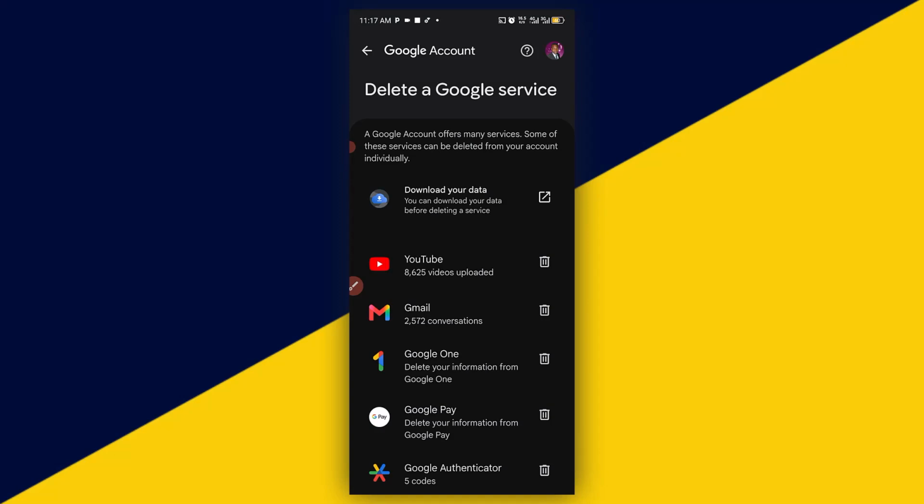Then here you go. Next thing you want to do right here, as at the time of making this video, I have 2,572 mails in my Gmail. However, this depends on the number of mail you have in your Gmail, that will determine the total conversation right here. For you to completely delete all the conversation and mails in your Gmail to empty your box, go ahead and